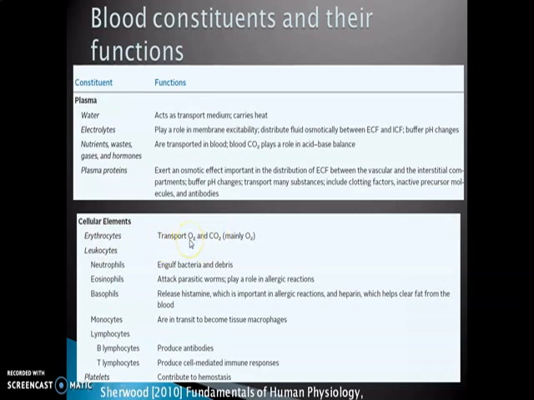98.5% of the oxygen is transported by the hemoglobin, and around 23% of the carbon dioxide is transported by hemoglobin. Amongst the leukocytes, neutrophils act as phagocytic cells. Eosinophils attack the parasitic worms of the Helminth group, and basophils release histamine, which also creates the allergic reactions in the